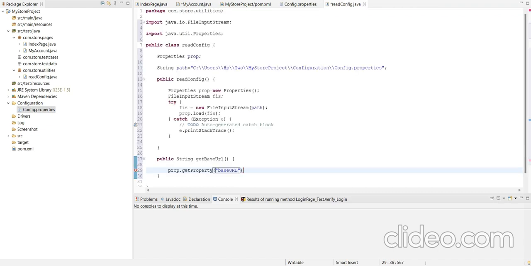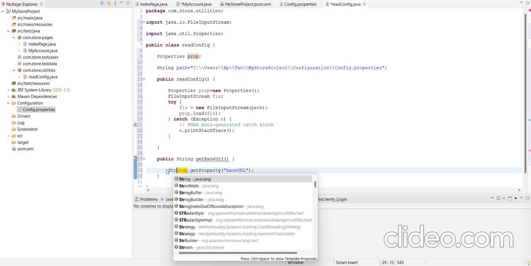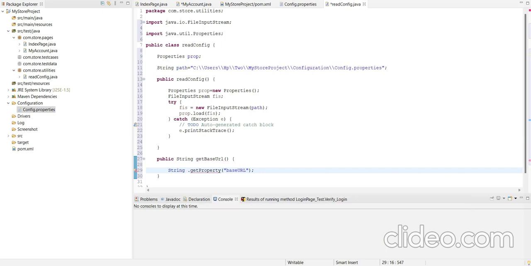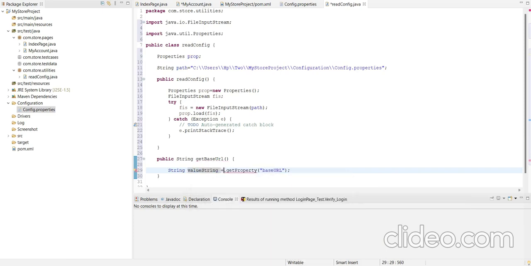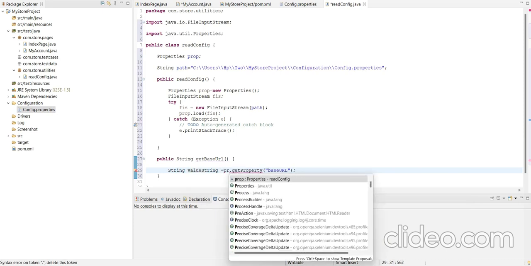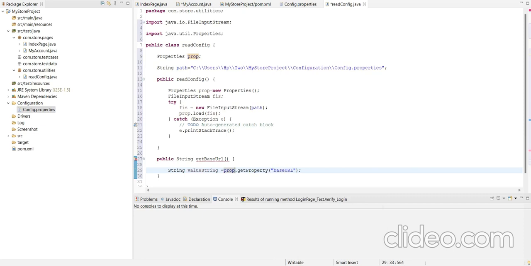So we will paste it here. Now this will return the value. So we will save it in a string value, prop.getProperty.